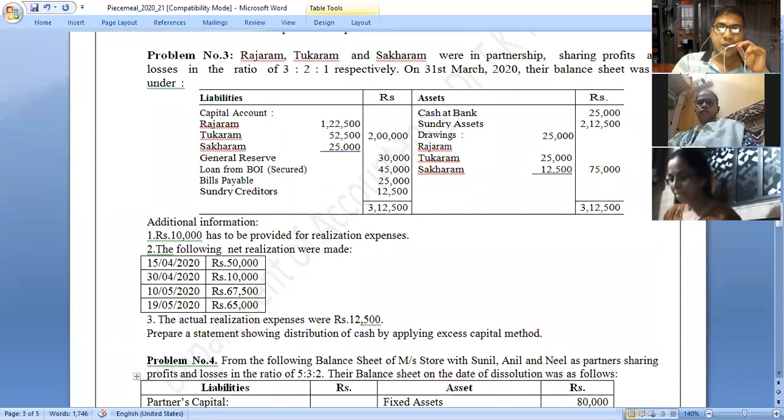I already provided the YouTube videos for the two problems. You can see problem number 1 and problem number 2 repeatedly, hundreds of times. If you have doubts, you can ask anytime. No one is asking here. I don't think you have any doubt, but you have to practice. Practice is very important. Okay, is there any query?